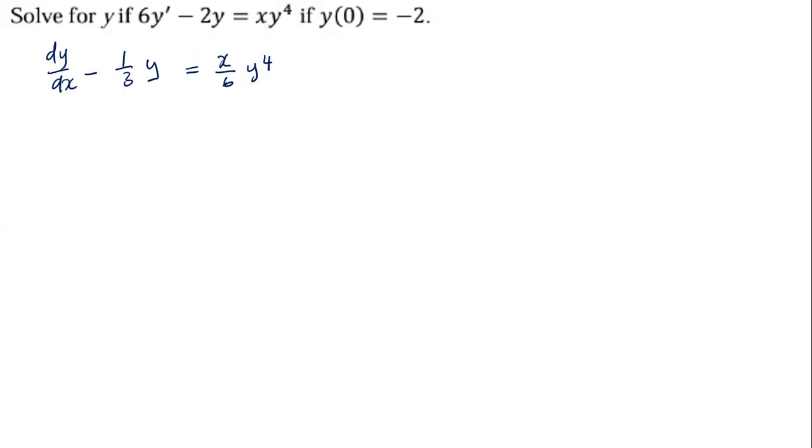I don't prefer this. So what I do is I'm going to get rid of my y to the power of 4, right? So I'm going to divide the whole equation by y to the power of 4. So that means this side I'm going to have 1 over y to the power of 4 dy over dx. Subtract, when I divide this by y to the power of 4, I'm going to have y over